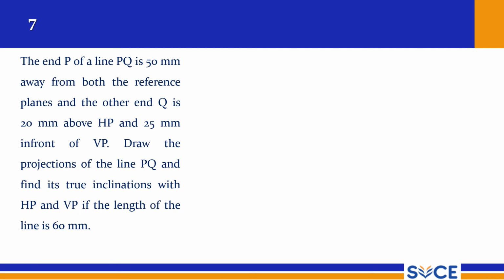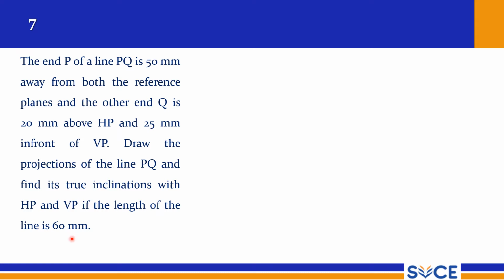Yeah, students, now we will see a few more problems on these special cases. This is the point P. NP of a line PQ is 50 away from both the reference planes, and the other end Q is 20 above HP and 25 in front of VP. Draw the projections of the line PQ and find its true inclinations with HP and VP if the length of